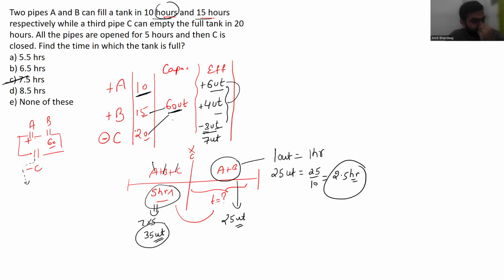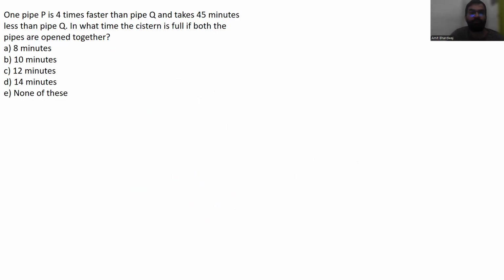So same thing I'm using, right? If your intention is to learn the basic scenario, you can learn from here. Let's move to point number 2. Now here it is given to you that one pipe P is 4 times faster than pipe Q. Now time is not given to you directly. They are talking about efficiency, as we were talking in time and work. So the efficiency of pipe P and pipe Q is given to you. That is, P is 4 times faster than Q.